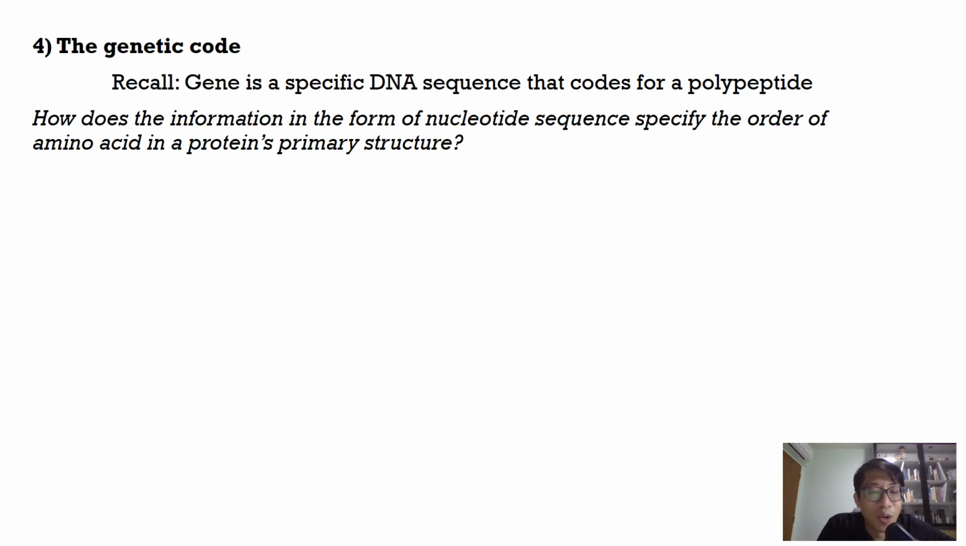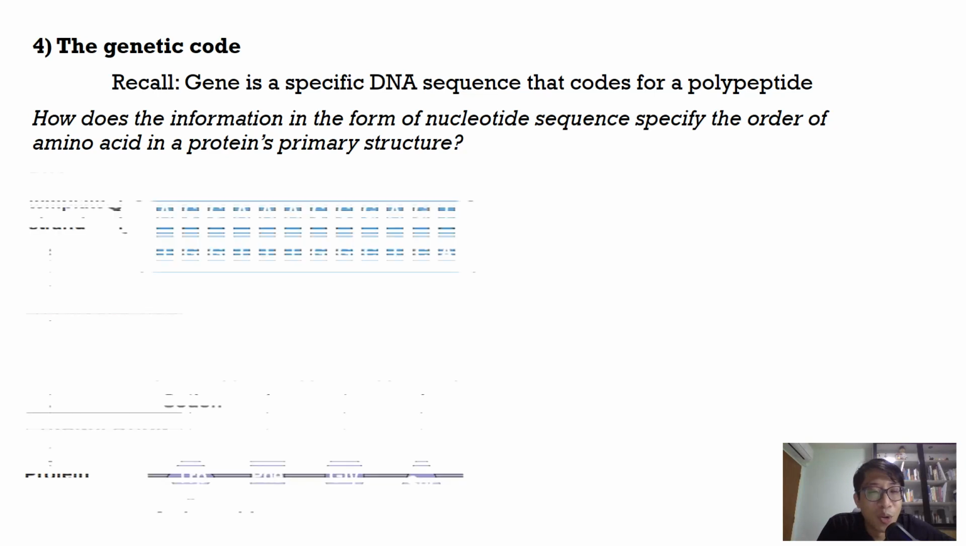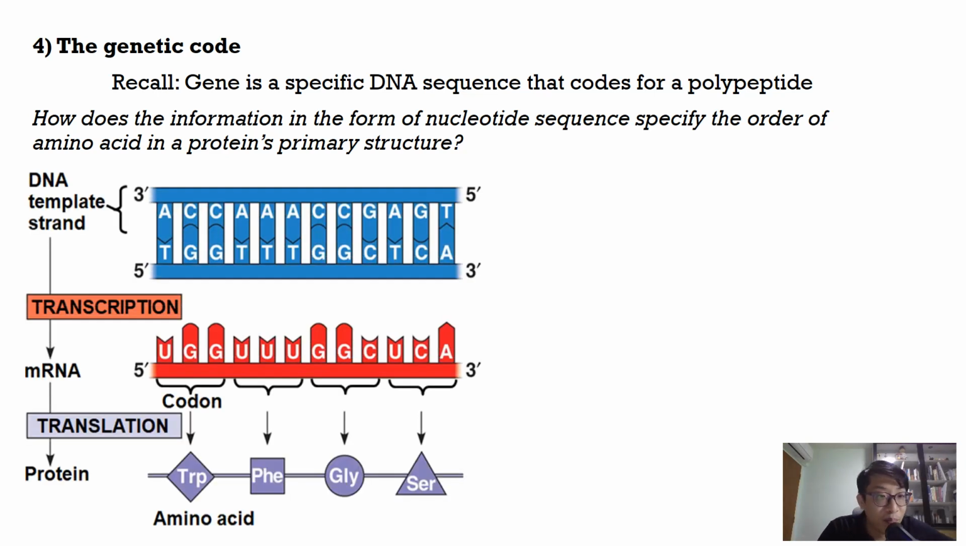So how do we read the nucleotide sequence in order to know what is the amino acid sequence in the protein? How do we translate the nucleotide sequence to the amino acid sequence? The rules for translation are known as the genetic code. We call the central dogma how genetic information flows from DNA to mRNA to the amino acid sequence